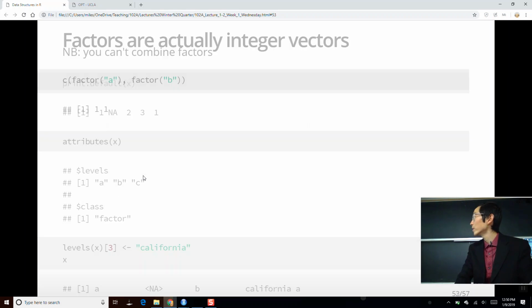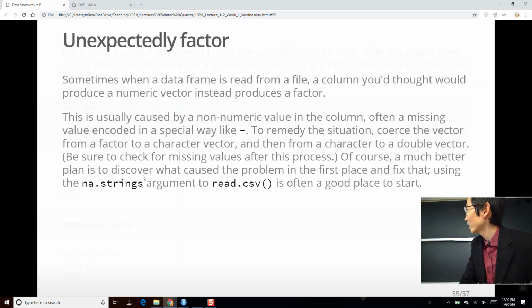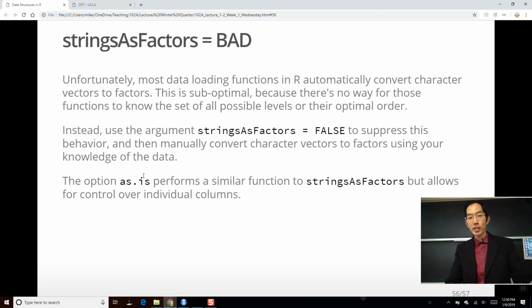And so you'll have questions about factors, and just be mindful of that. Okay, read through the notes on your own time for more information about factors,